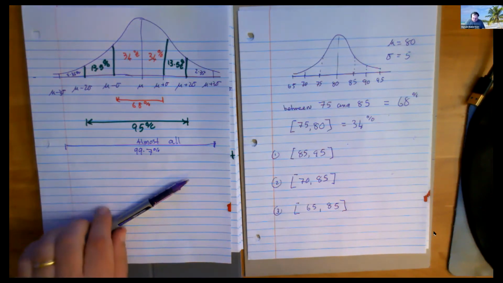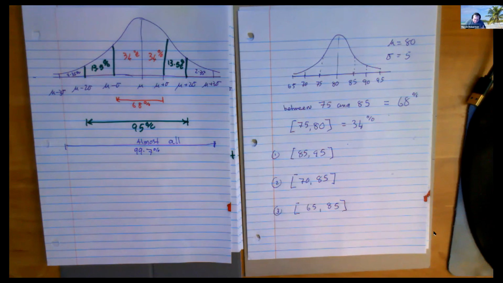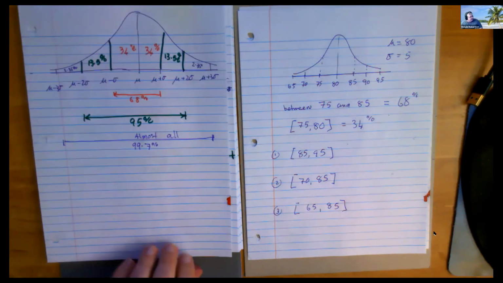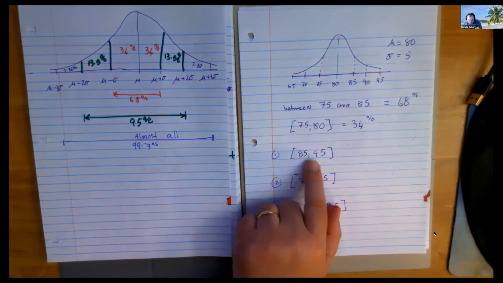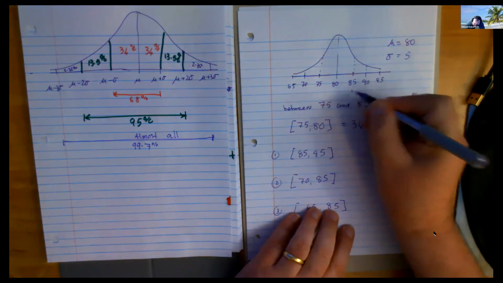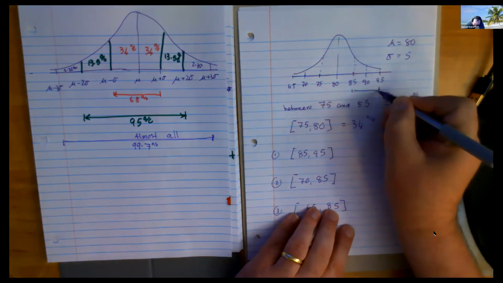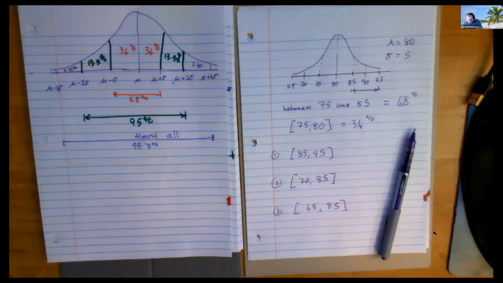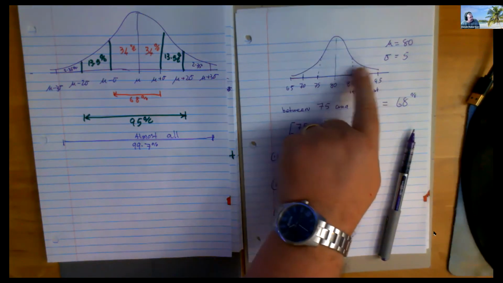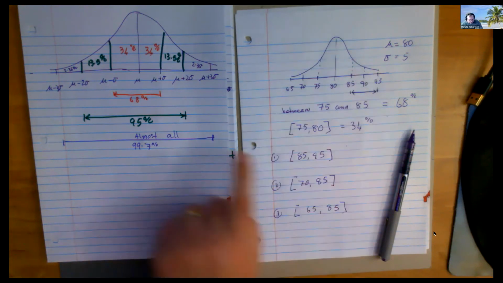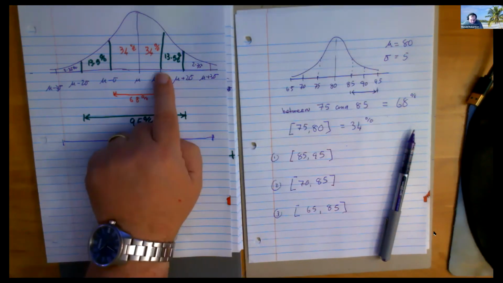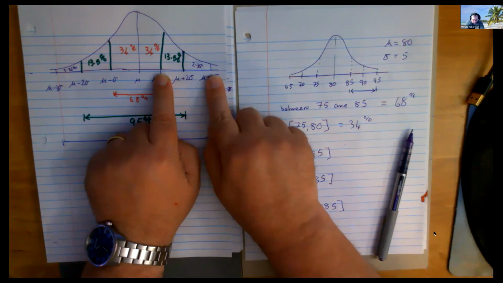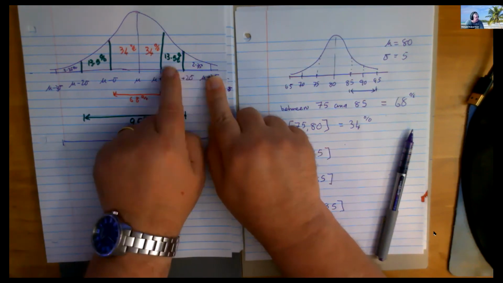That's a few things. For me, because I'm a visual person, the pieces of cake method works, but you may figure out a way of dealing with these questions that makes more sense to you. So 85 to 95, right? Would you agree 85 starts here and 95 finishes there? So that's what I want. Now, isn't that 2 pieces of cake? In my picture, wouldn't 85 be here and 95 be here? So wouldn't it be these 2 pieces of cake?